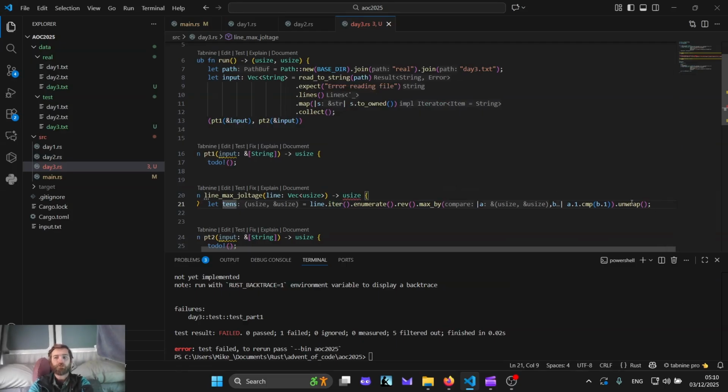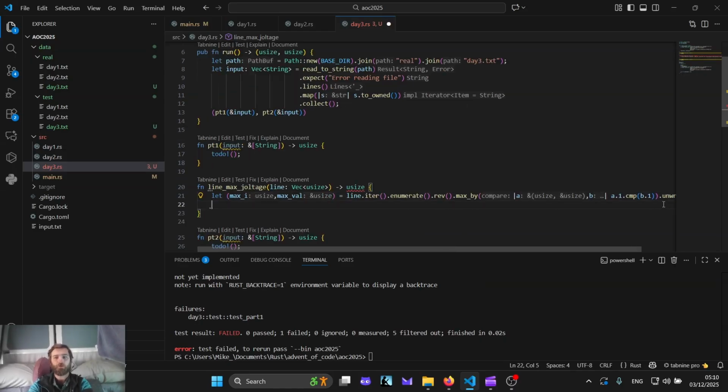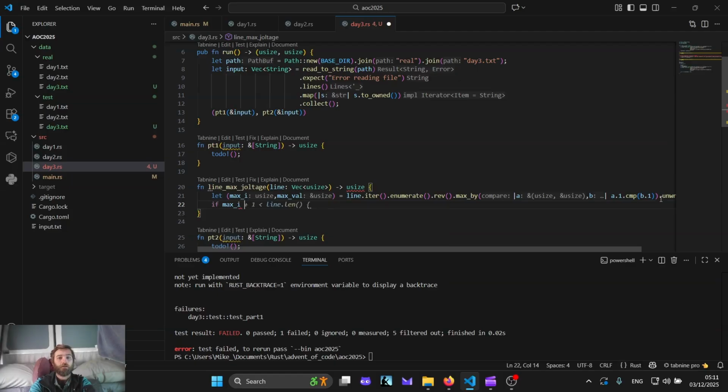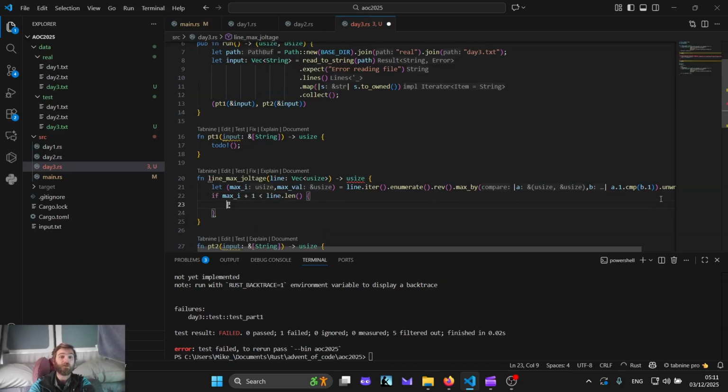Yeah, so let's not call it the tens digit because it might not be yet, and let's call it max i and max val. Okay, so we can destructure our tuple straight away here. Great. Now let's handle our good path. If max i plus 1 is less than that, i.e. if this is not the last value, then what I want to do is return,